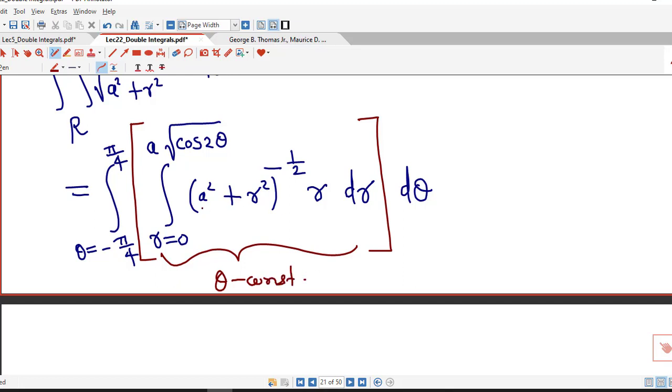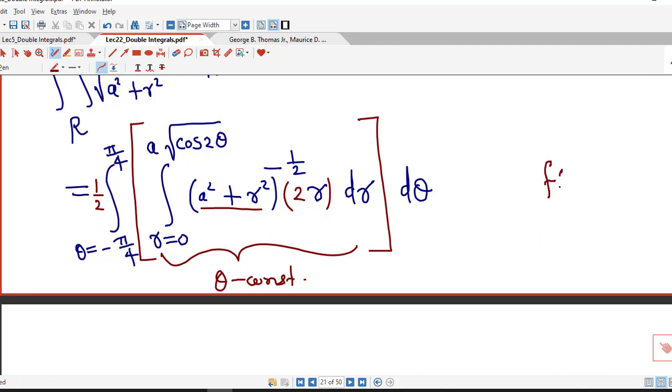Now here we can see the derivative of a square plus r square with respect to r is 2r. So we multiply by 2 and divide by 2. Here we write 2r and we multiply the whole integral by 1 by 2, so that